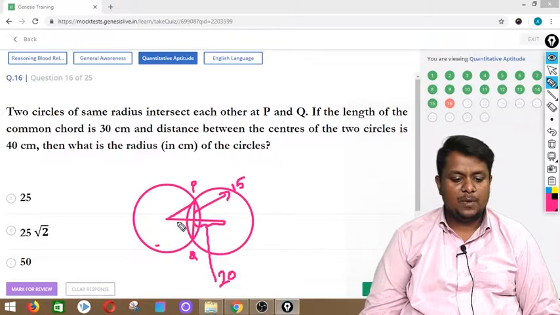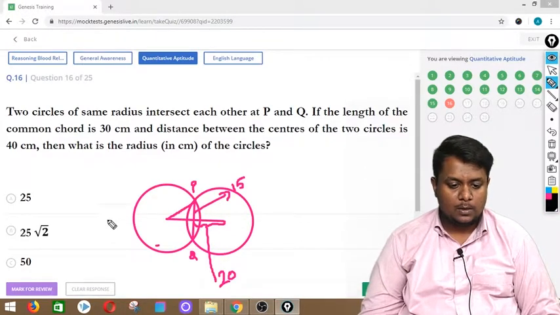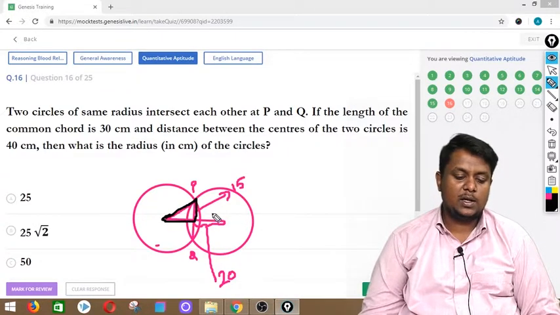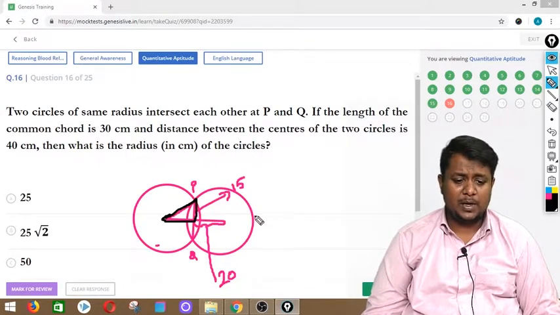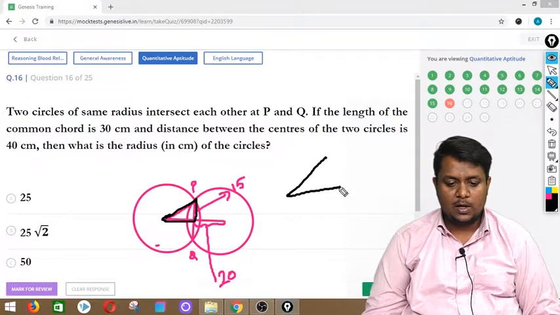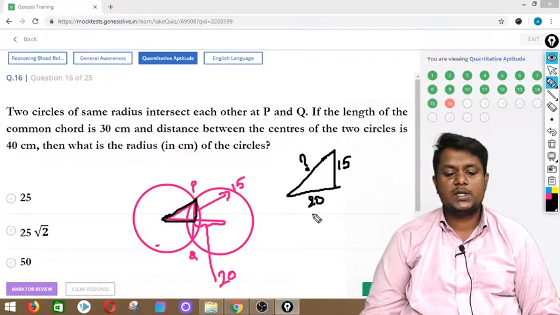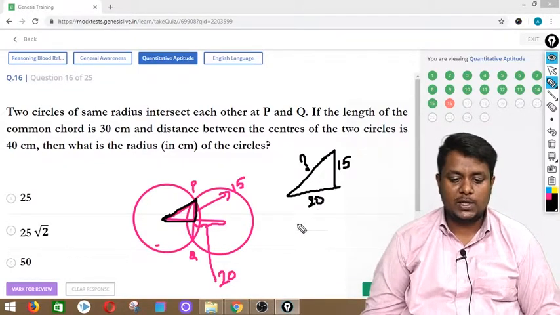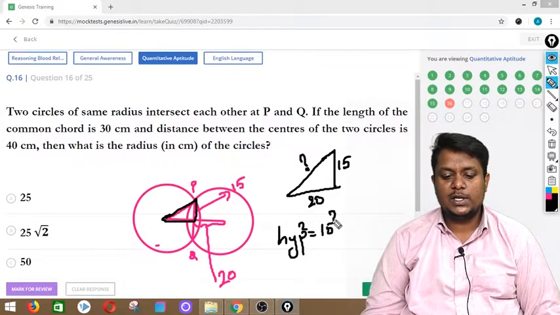Now if you see, we have a triangle. This is the triangle that we have formed here, and it is a right angle triangle because the two lines are perpendicular to each other. For this particular triangle, this value is 15, this value is 20. We have to find out this value, which can be found using the Pythagoras theorem. Hypotenuse square is equal to opposite side square plus adjacent side square, which is